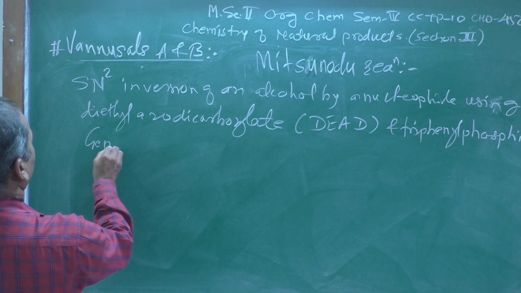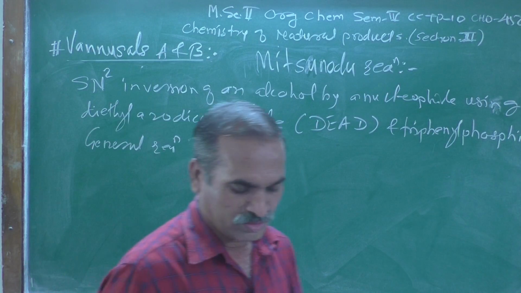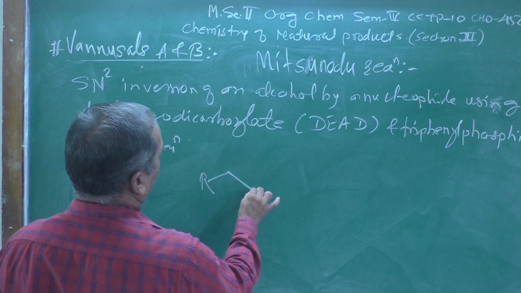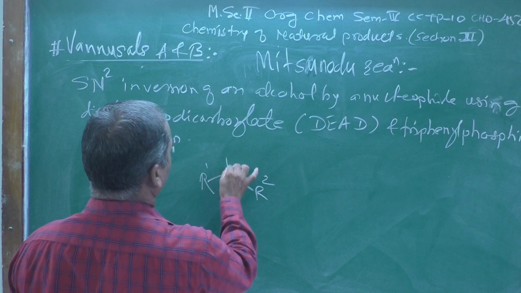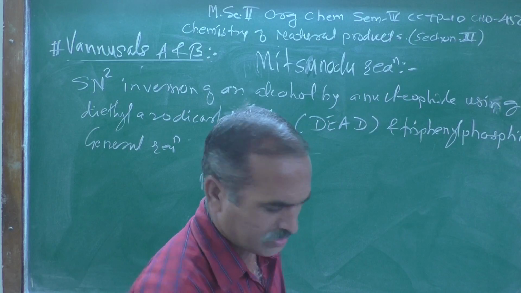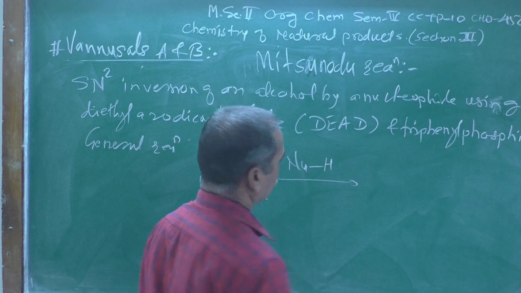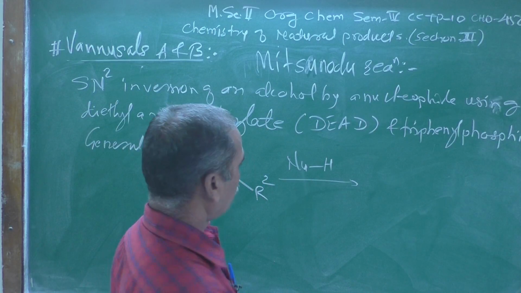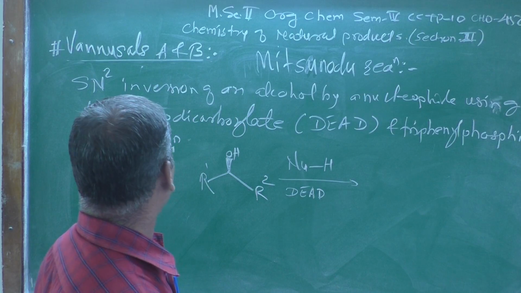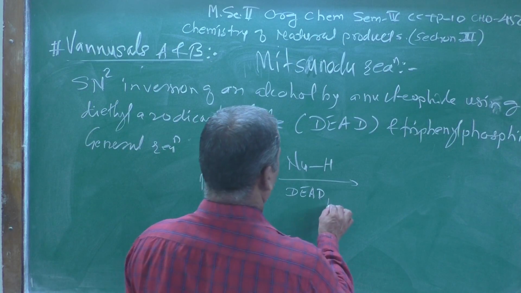Let us see the general reaction of the Mitsunobu reaction. I am showing this one, R, then R1, R2. Here is a hydroxyl group, OH, and when it is treated with a protonated nucleophile in presence of DEAD, shortly written as diethyl azodicarboxylate, in presence of